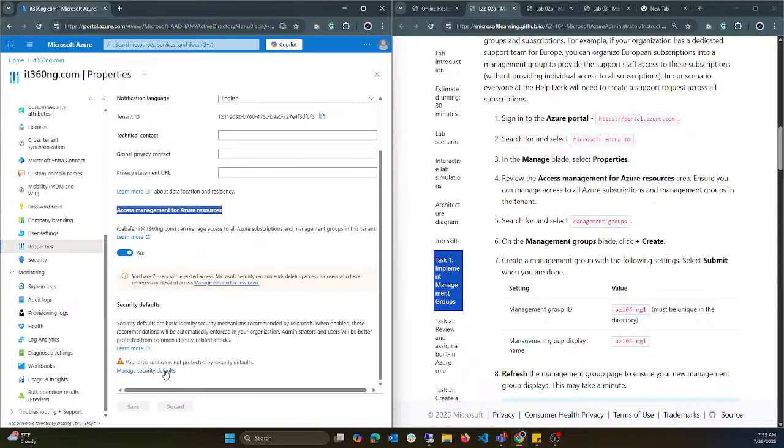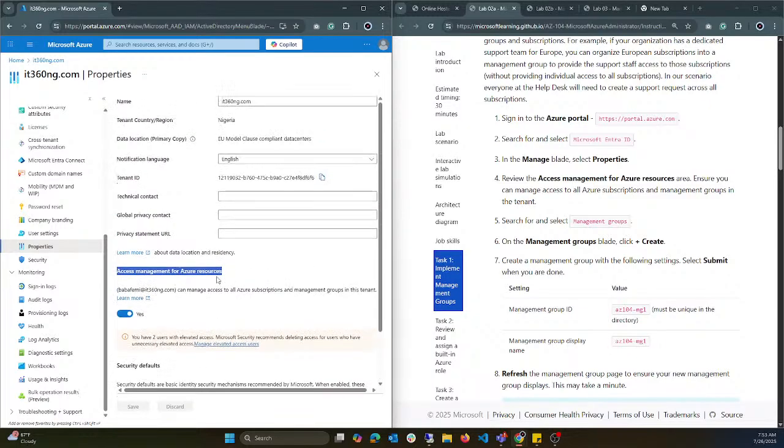So if you want to turn it off, that's not the best. Unfortunately, I've turned it off within my tenant, but I'm just saying that's not the best practice. But because this is a test tenant, though,